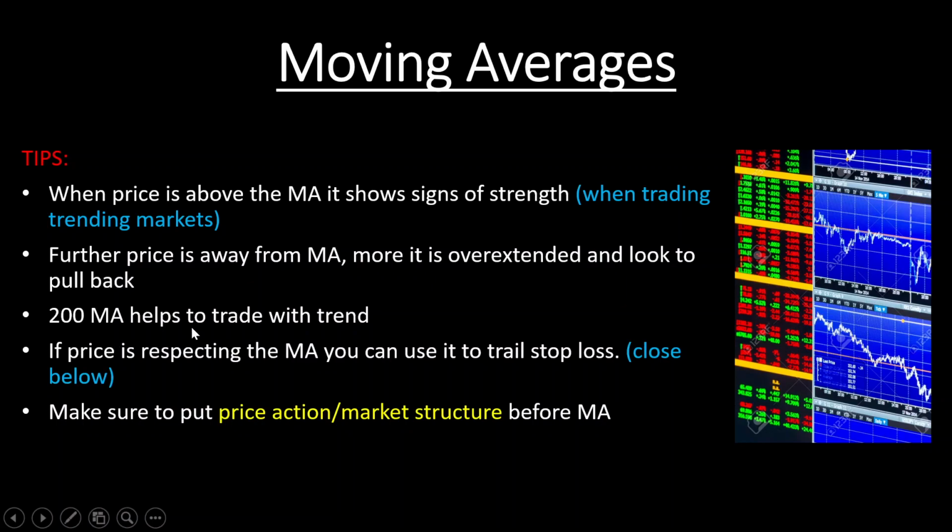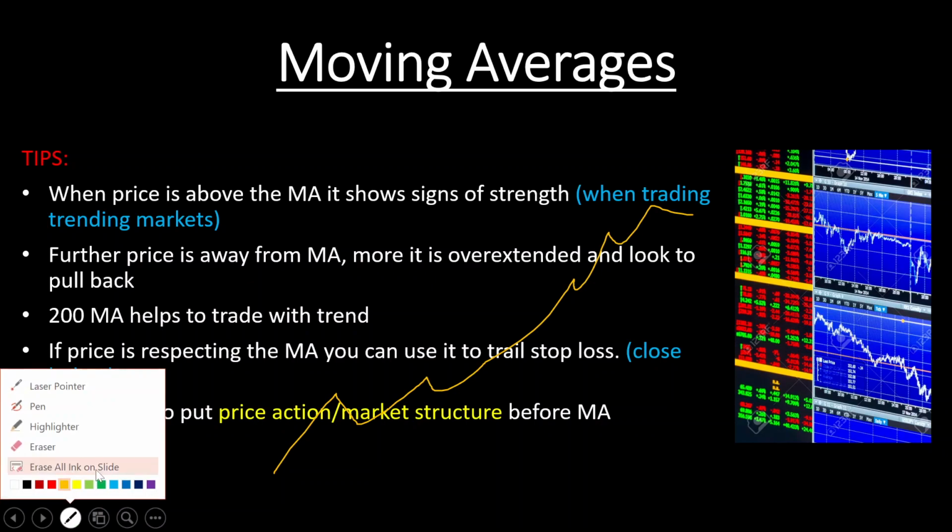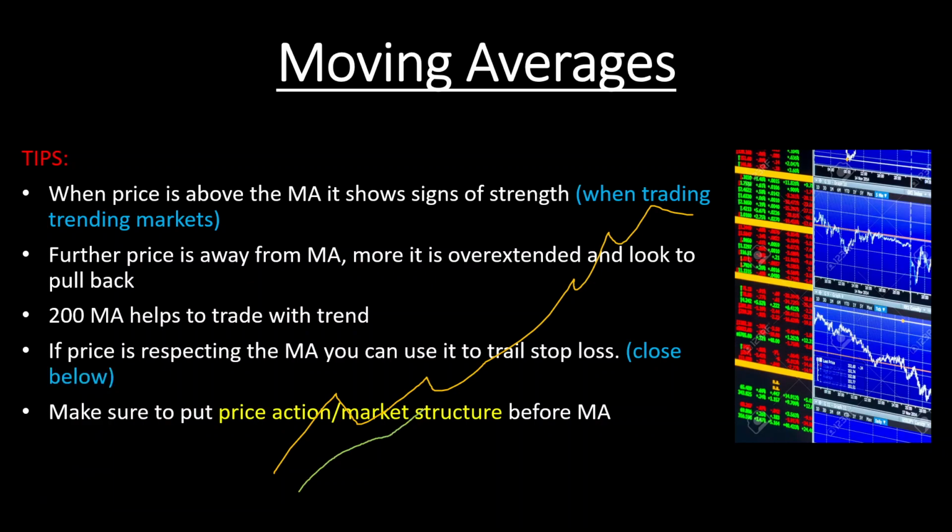Now, the 200 MA helps to trade the trend, as I mentioned before. The 150 or the 200 simple moving average really shows the overall trend of which way price is headed. If price is respecting the moving average, you can use it to trail stop loss, i.e. close below. So in a trending market,